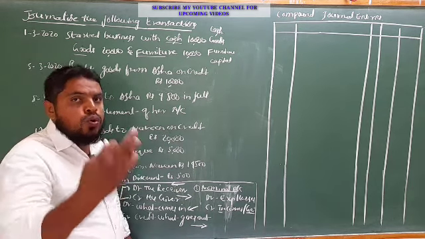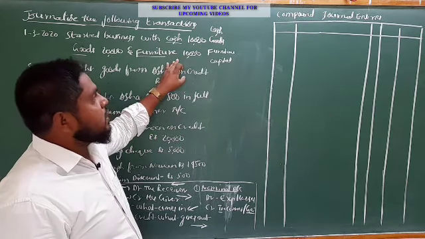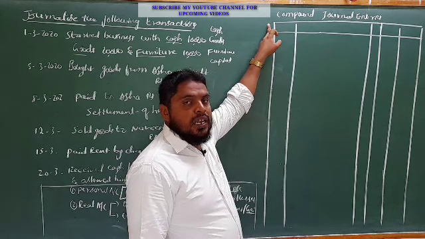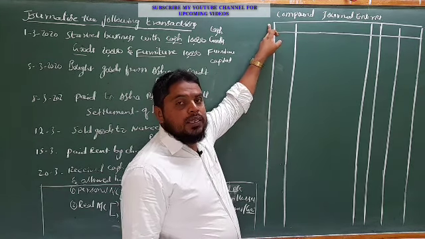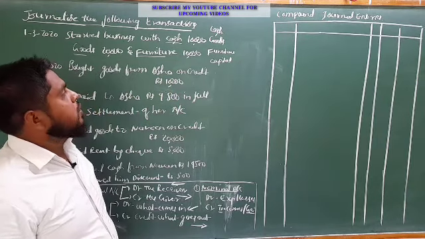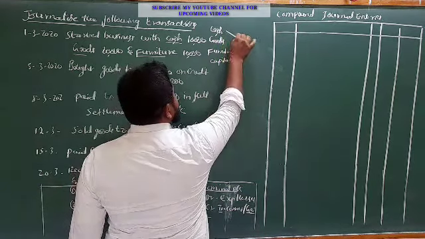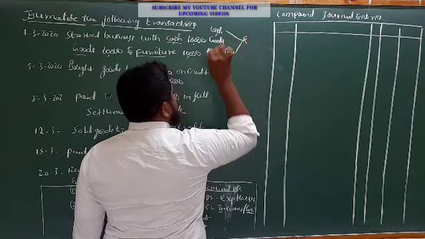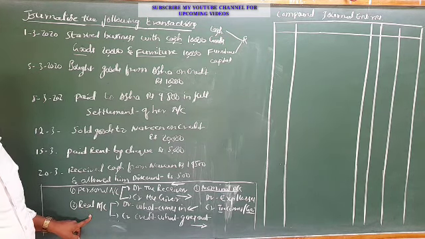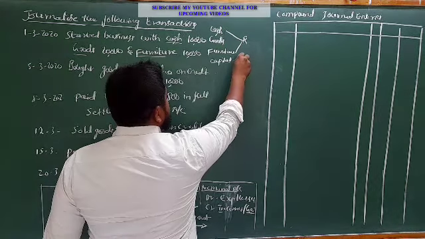If more than two accounts are involved in the transaction, we can call it a compound entry. If you get more than two accounts debited or credited, you can call it a compound entry. So simple entry we already did. Now cash, goods, furniture come under real account. You know, real accounts are related to assets, all types of assets, and capital comes under a personal account.